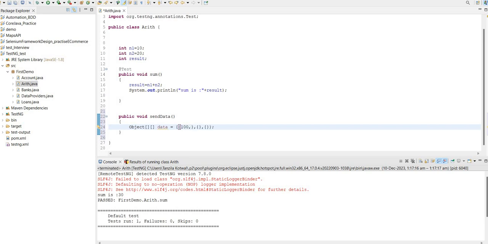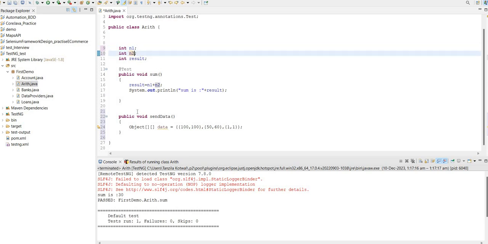For example, 100 and 100. I want to add 50 and 60. I want to add 1, 1. So these are different input data, and we will pick up each input data and run the same function and get the different results. For that, I'll just remove these values,